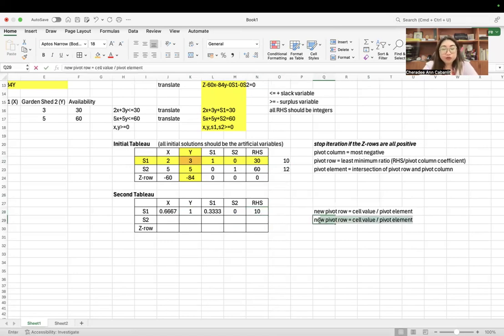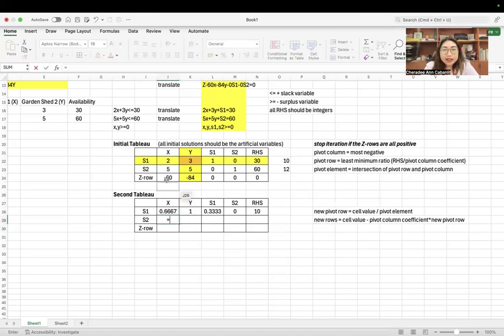Now, to compute the new rows, meaning the other rows, it is the cell value on that row minus its pivot column coefficient times the new pivot row. So in that case, the cell value, which is 5, minus your pivot column coefficient, which is 5 in the Y, then we multiply that to the new row, which is 0.6667.